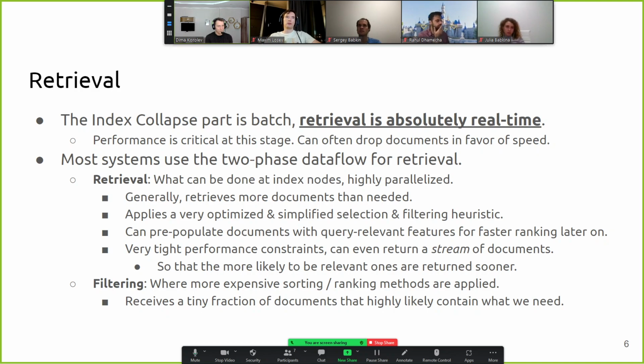So I mentioned this two-phase lookup system. Two-phase lookup is a bad term. Two-phase retrieval. The index nodes, there are many of those. The way it actually works is pretty simple. Because the index is sharded, and because the shards are independent, let's say you have 1,000 nodes. And let's say your index is, I don't know, a terabyte, a petabyte large, huge. Even if a node contains millions of documents,